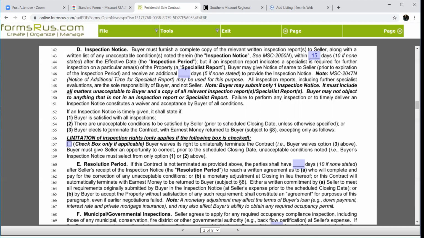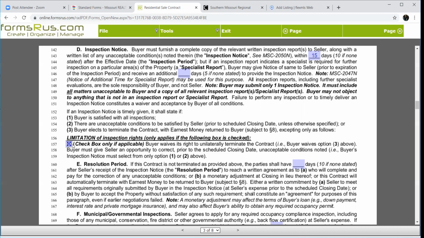So from 155 up, that's what the contract says. It's going to really mess with me because this box at 157 used to be at 154. But if you check this box right here, you have effectively erased line 3. Your buyer cannot unilaterally terminate the contract without giving the seller an opportunity to fix the items that are wrong,